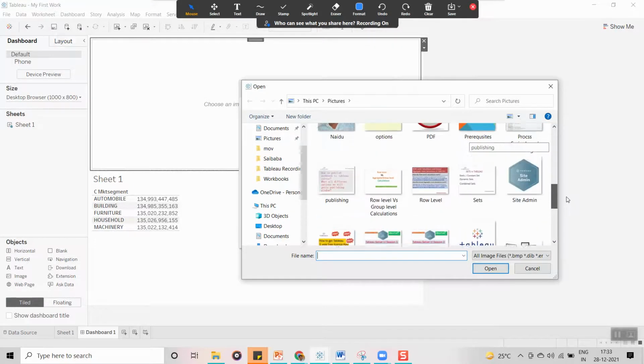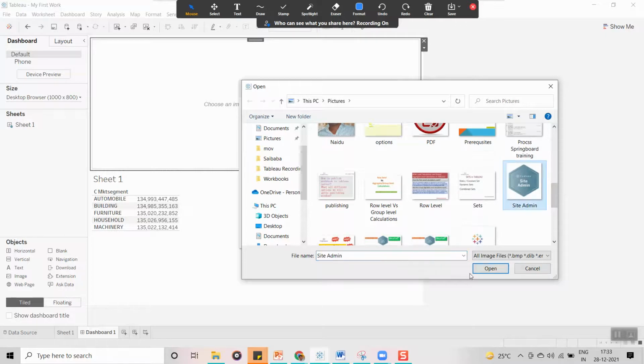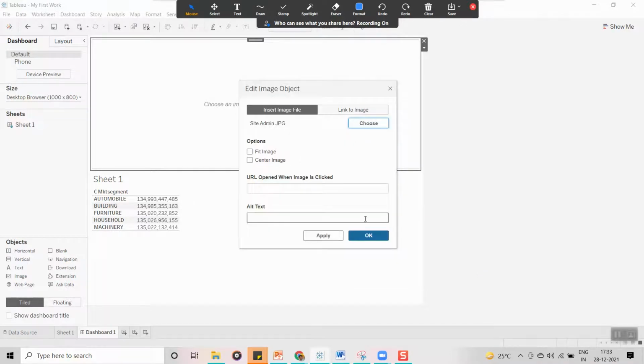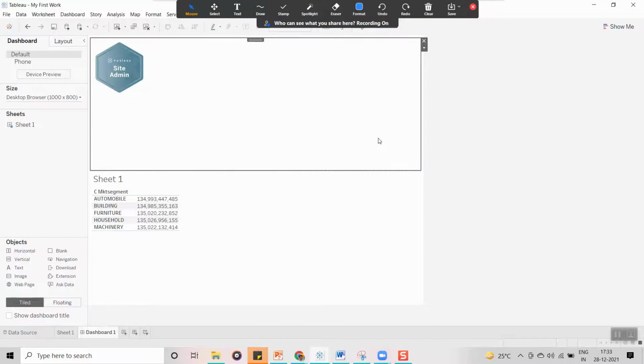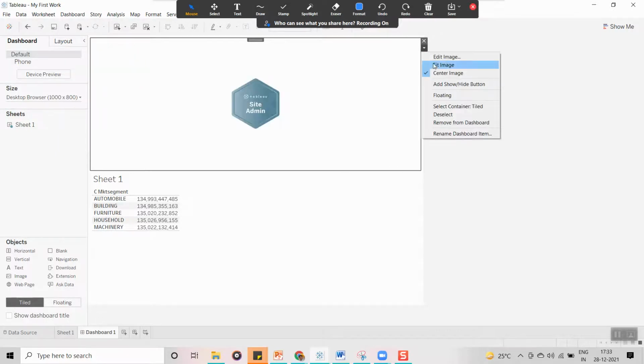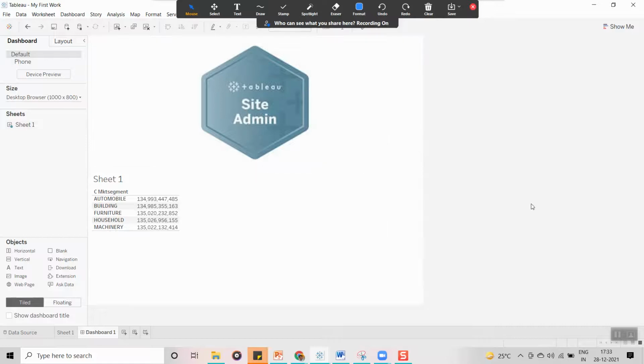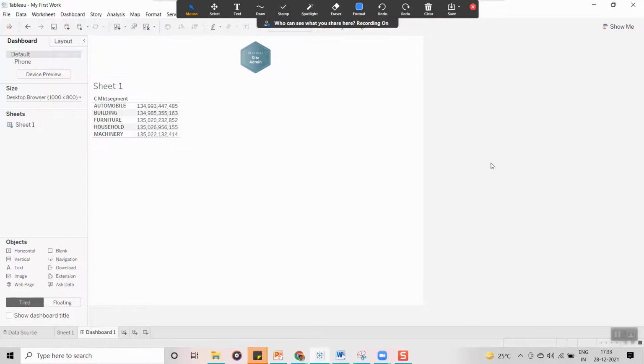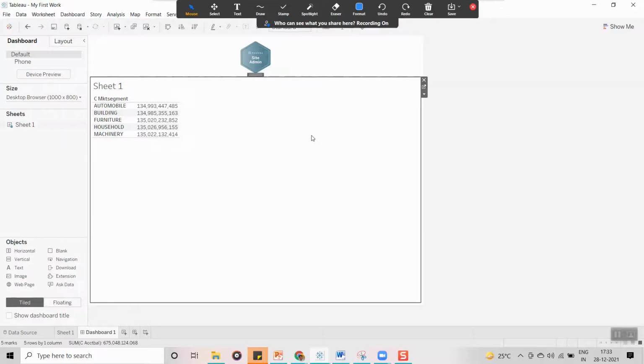Yeah, let's assume I have selected this one. This is the image which I am going to use. Now what I am going to do is keep center image and fit image. Let's assume this is my company logo. After this, I am going to connect another data